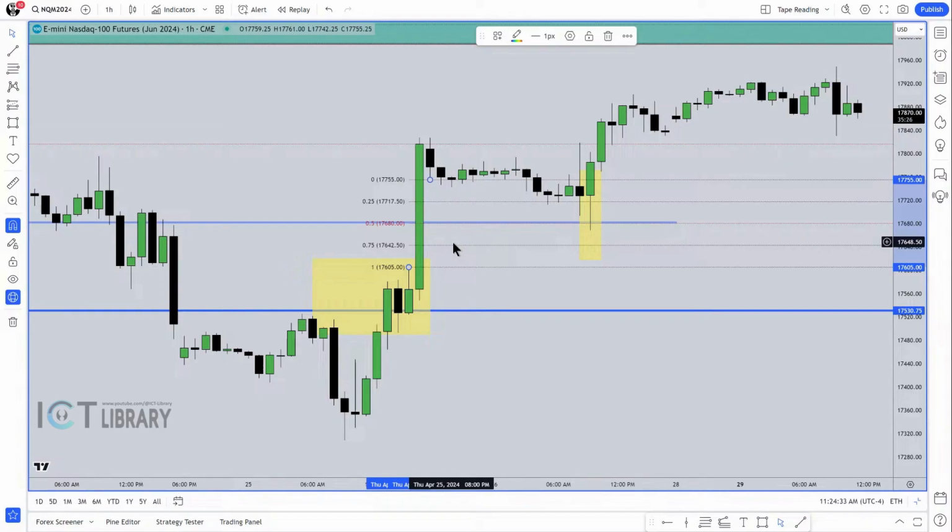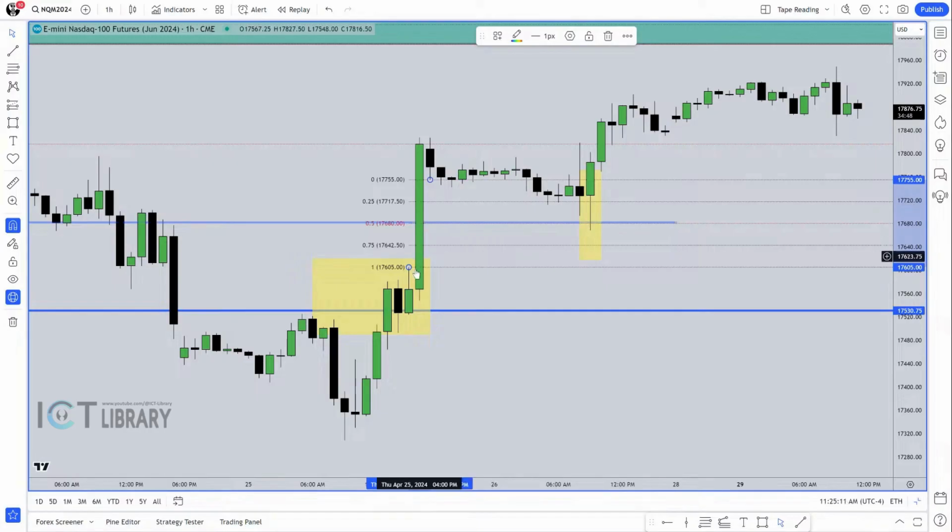Many times that's your second stage reaccumulation in a market maker buy model, or a second stage redistribution in a market maker sell model. But let's dig into a little more detail right down here. This is an hourly chart. That's our higher time frame bullish order block, opening price. It's the change in the state of delivery. What was it doing? It was just dropping down. We're going to anticipate what? That trampoline, that springboard effect off of that level.